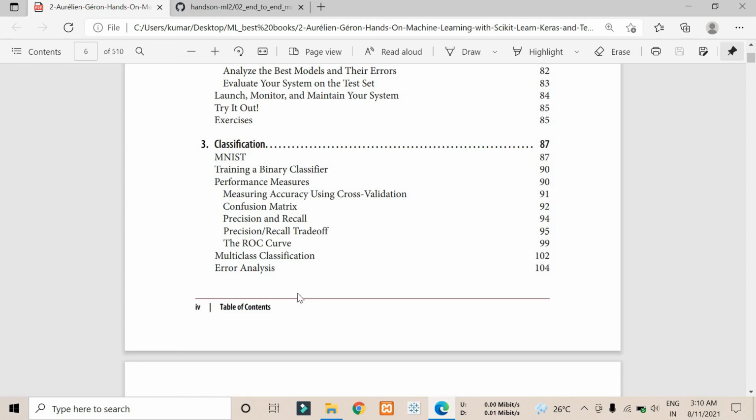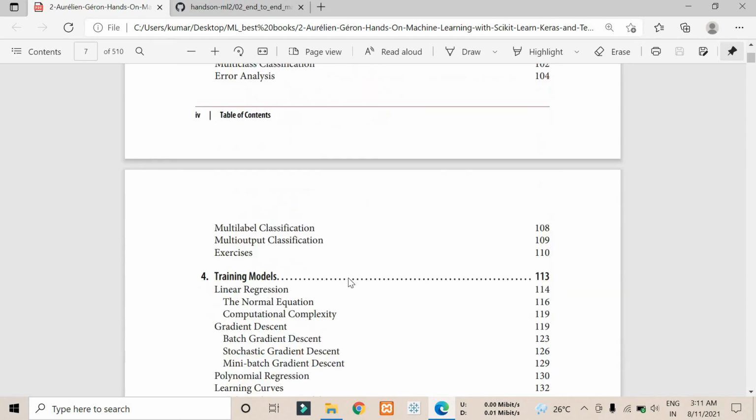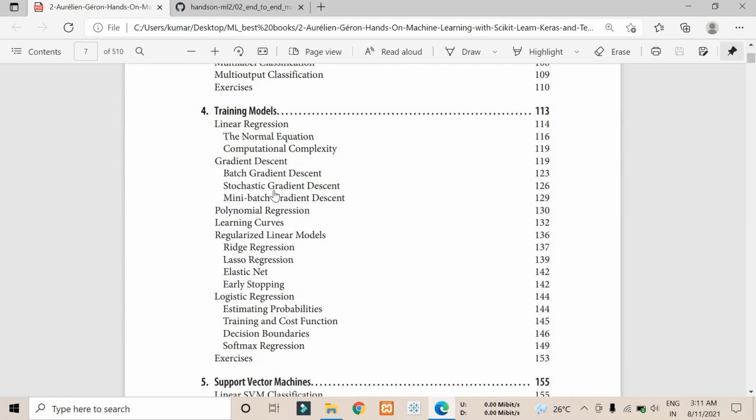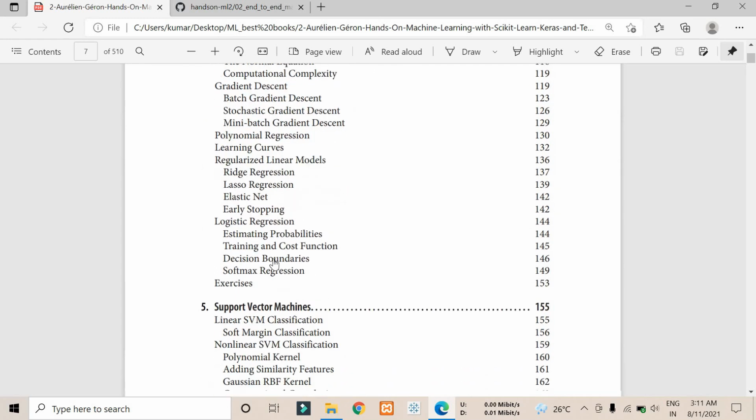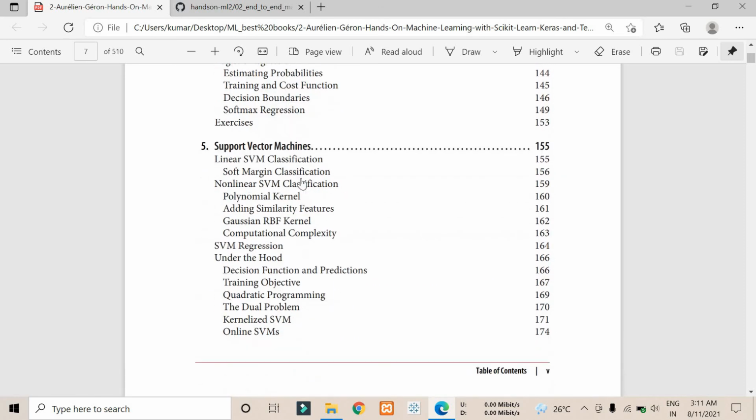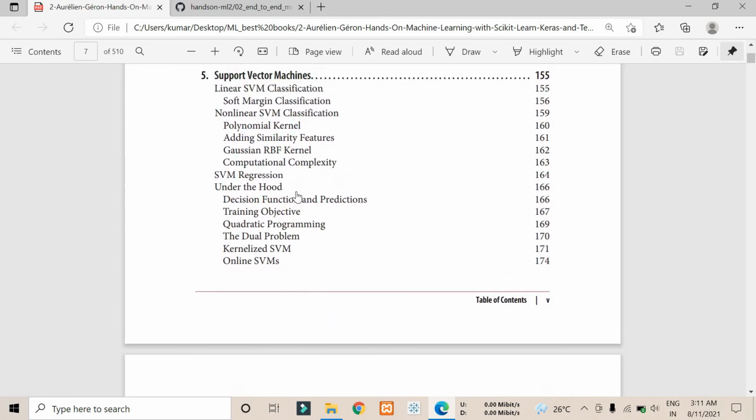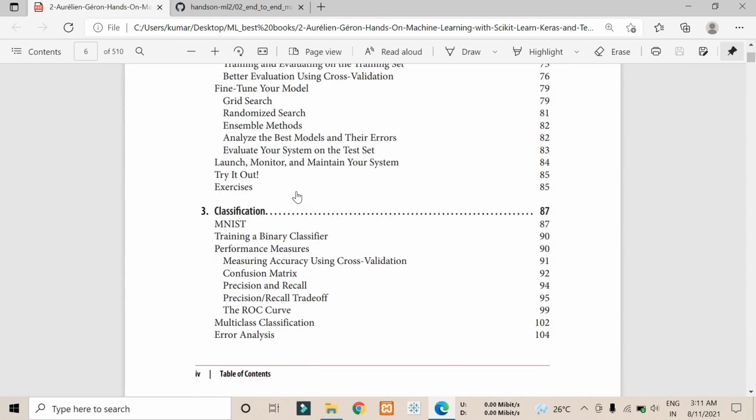It's given under classification as the topic, because we are exploring this MNIST dataset, and we are trying to use Jupyter notebook to train a model on MNIST. We are going to apply some classification modeling and try to get the accuracy from that particular model. So in chapter 3 we're going to look into that, and in chapter 4 we are going to do linear regression, logistic regression, and all about algorithms. Chapter 5 is SVM and all those things. So yes, that's all about chapter 2.